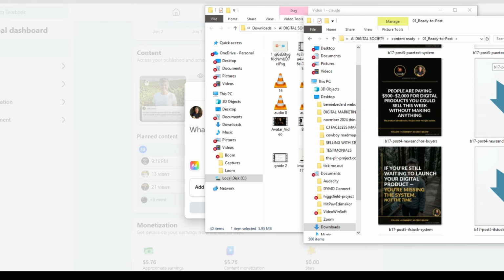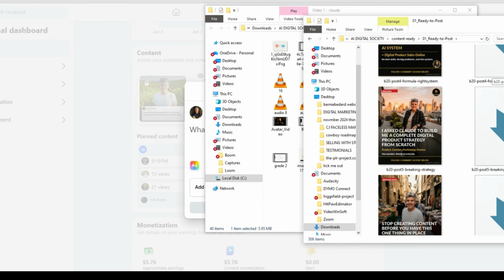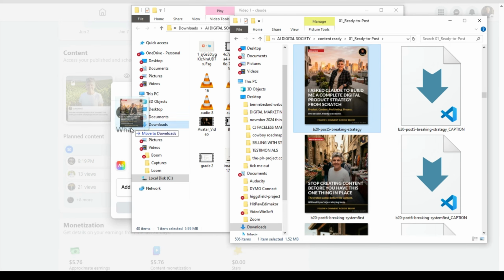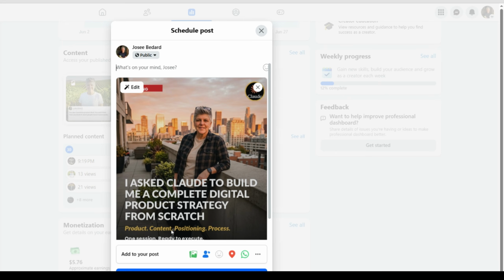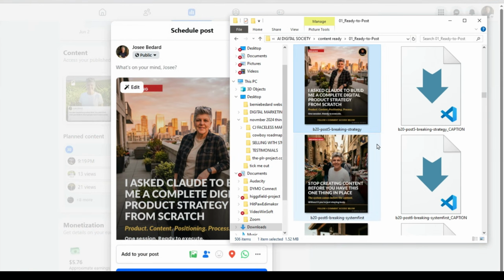Now I add the image. Click Add Photo/Video. Navigate to my content folder where the image downloaded. Click Open. Look at that. Post text, image. On brand. Exactly what I wanted. Now, one thing I always check before I hit publish, I read the first 2 lines